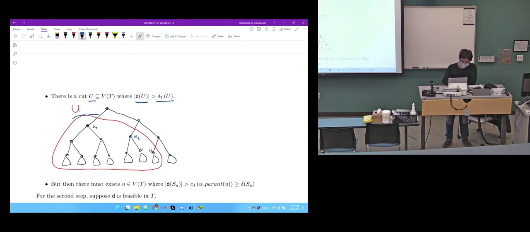So the cut U might look like this, right? But what's the cut size of this? It's just this one plus this one plus this one, right? So what I claim is that, from here you have that actually,